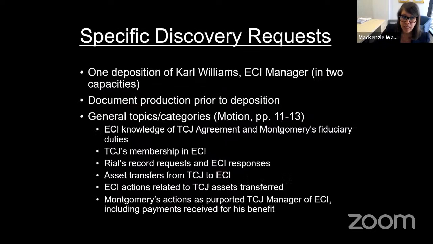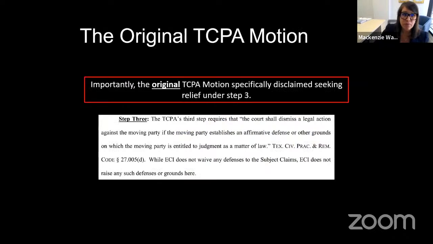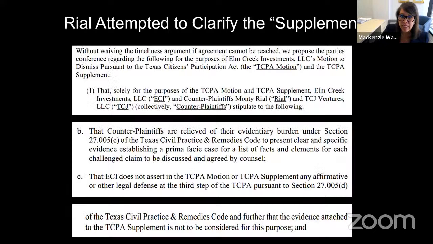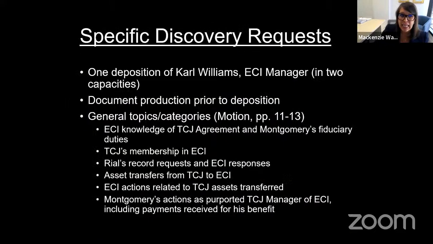Ryle, after attempting to confer with ECI and no agreement being reached, filed the motion for discovery and asked for the following: 1, standard deposition of Mr. Williams in his individual capacity and in his capacity as a corporate representative of ECI, or ECI could designate their own